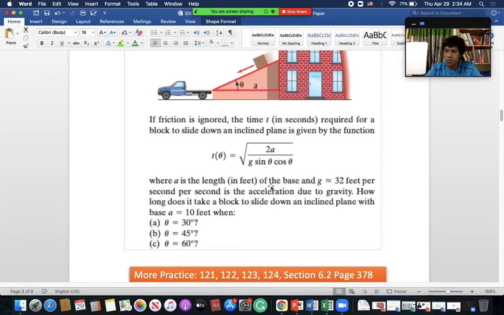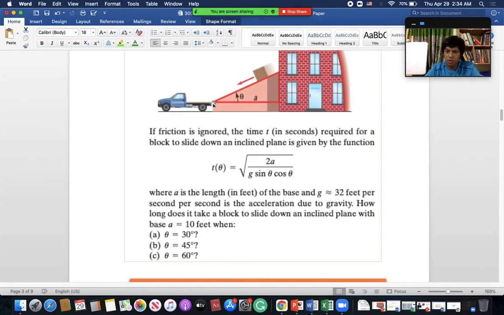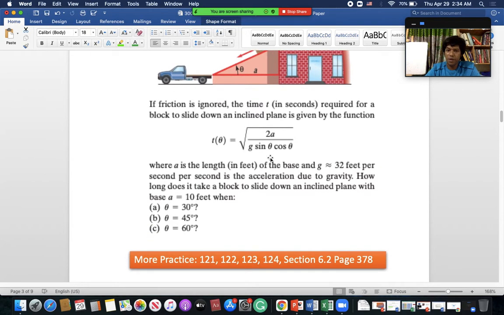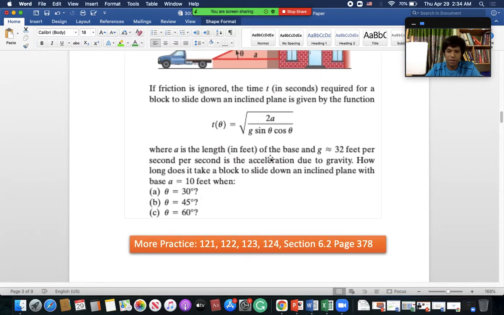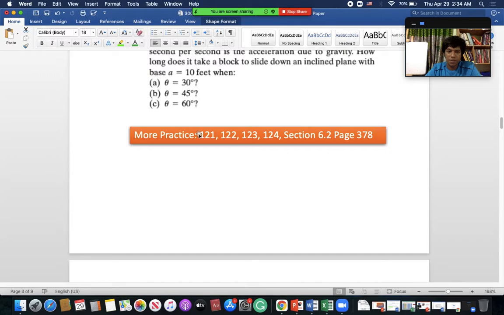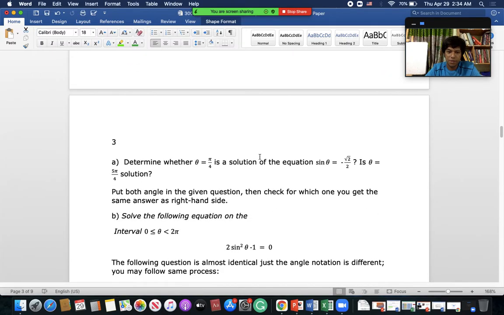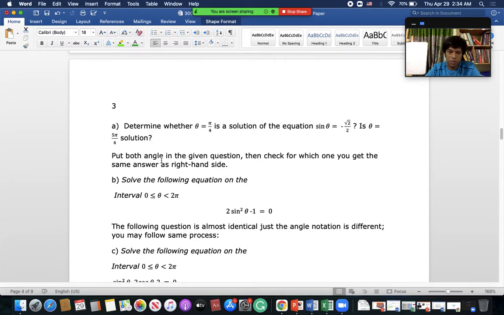For different angles, you will have to find out the time taken for this object to come down to this place. Of course, we deviated a little bit to make 3 questions out of it. Some practice problems are like this. This is another question also. This one is from